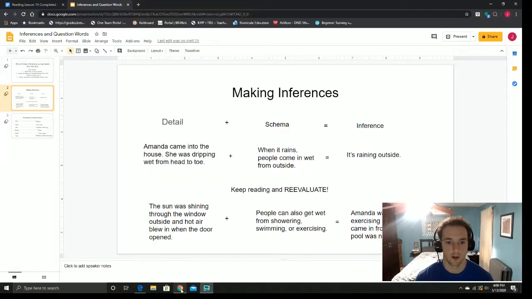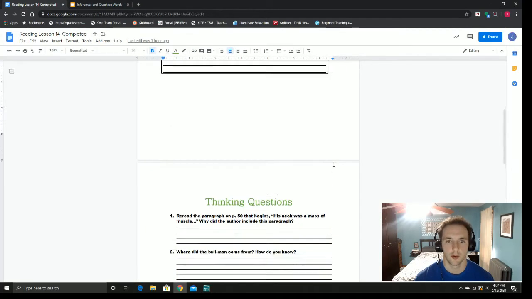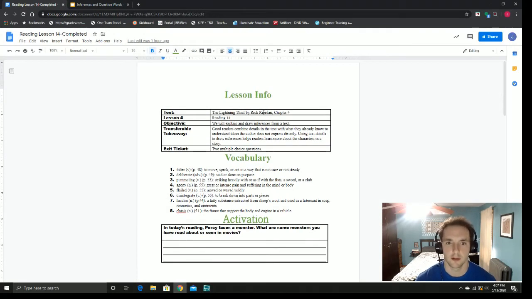And we're gonna dive right in with a familiar lesson. Great. So, like I said, this is lesson 14. This is the Lightning Thief, chapter 4, and our goal today is to get better at explaining and drawing inferences